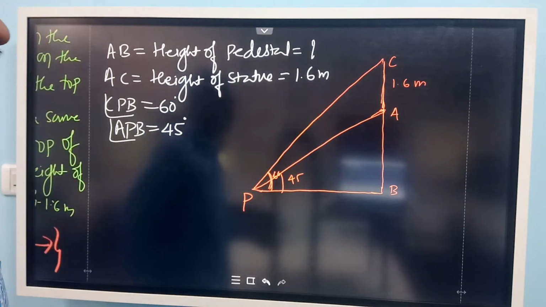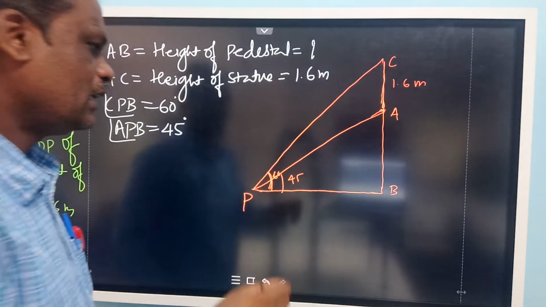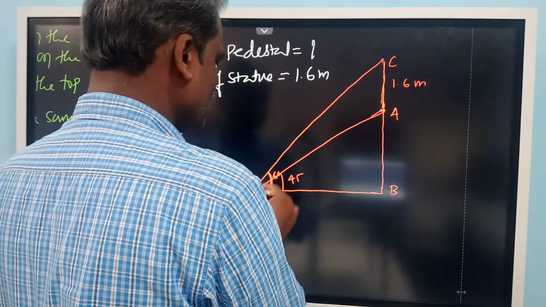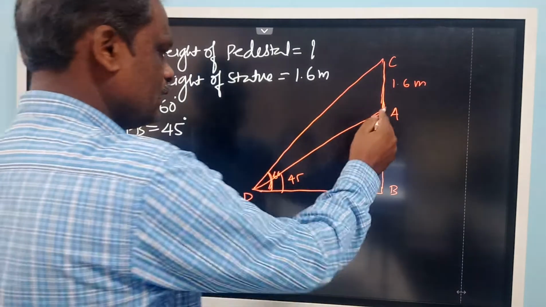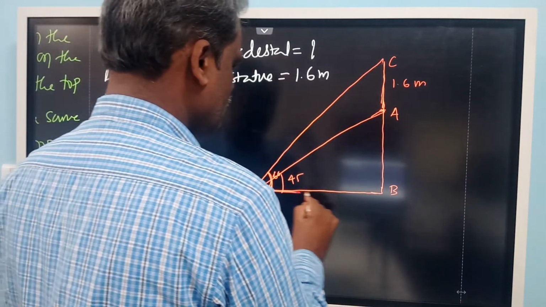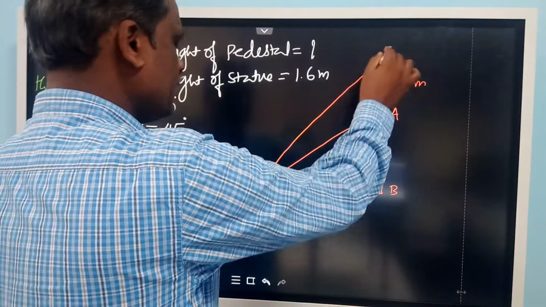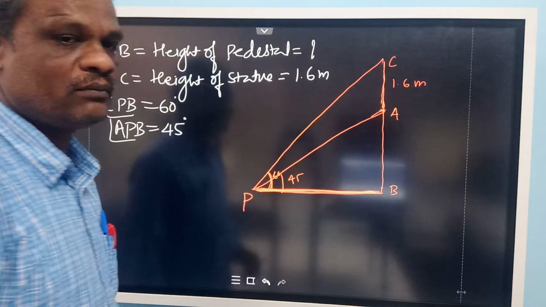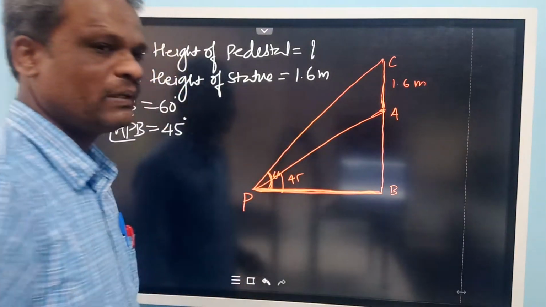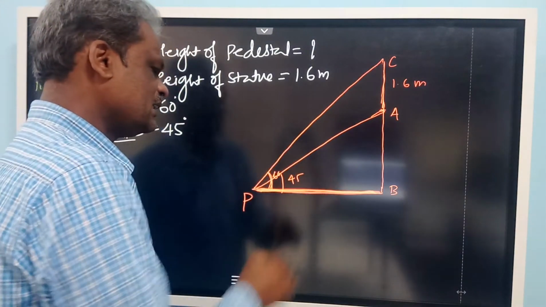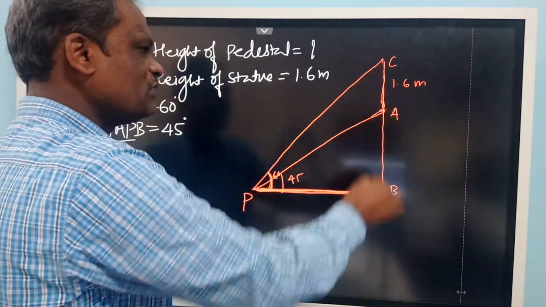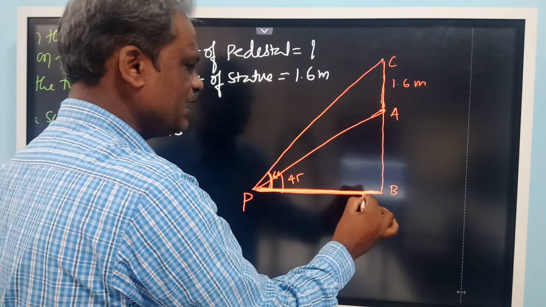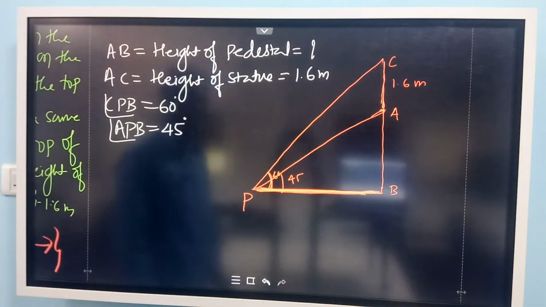Observe one common thing here, where every problem will have the same type of situation. You will get two right angle triangles. In those triangles, you can see one common side will be there. In APB we have the length PB, and in CPB also we have the PB. In both the triangles, this is a common side. Apply the trigonometry ratio with reference to the opposite side, because we need to find the height of the pedestal.